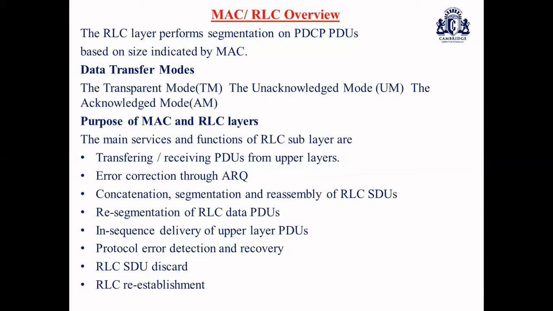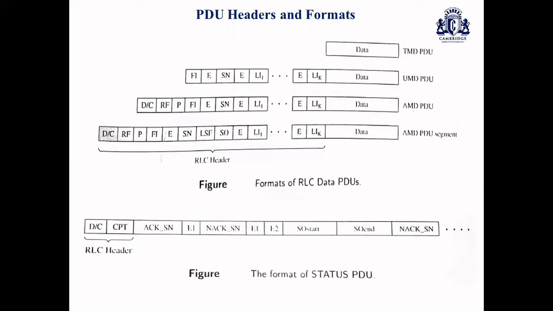So these are all very important. Why do we require the MAC and RLC layers? What are the functions of the MAC sublayer? We should understand that in LTE we have two MAC entities. One is with respect to your mobile, nothing but the user entity, and the other is with respect to the base station, that is the eNodeB. When we have a means of communication, we should know what different header formats we have in execution of the packet data unit. The packet data unit header and formats are discussed in the subsequent slides. So this is about the PDU header as well as the formats.